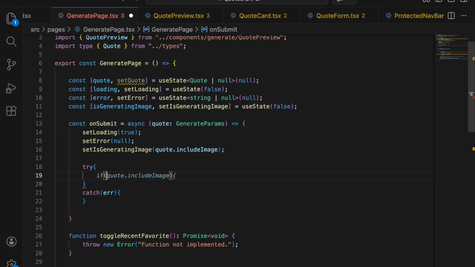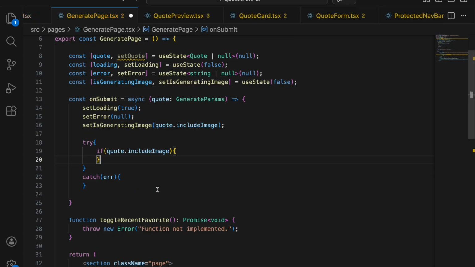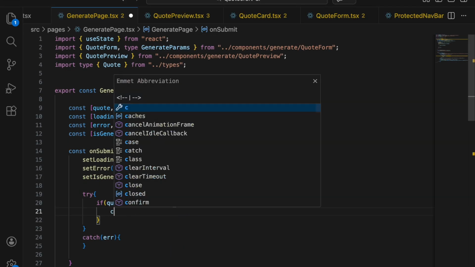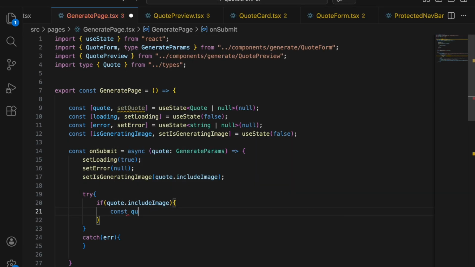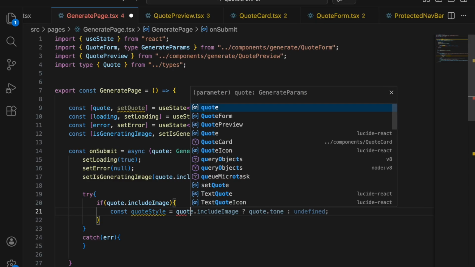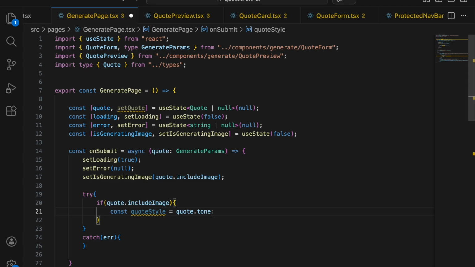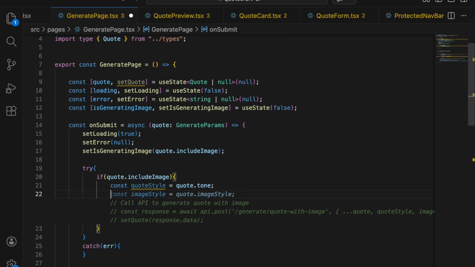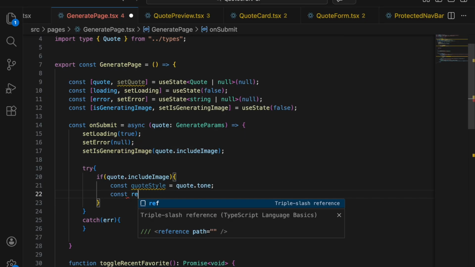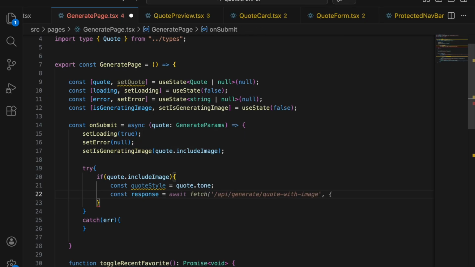So now here we'll check if includeImage, then we'll put the mapped one. So let me just put here. So here first we'll check the quote style, that is the quote.tone. And then we'll just go with const response, and here await